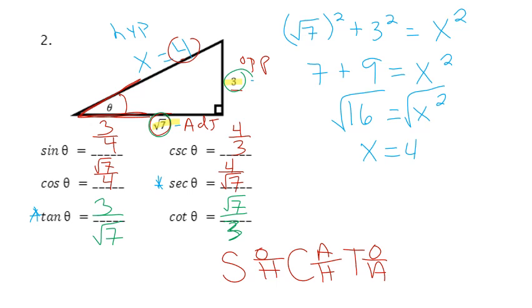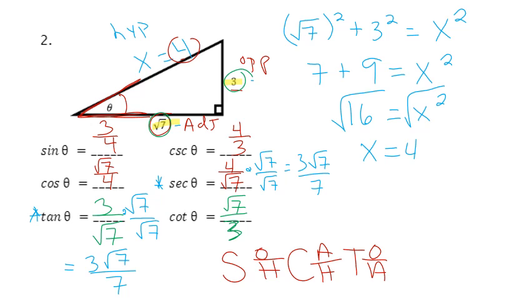So for tangent I can multiply top and bottom by radical 7. So we would get 3 radical 7 over 7. And then secant I have to rationalize also by radical 7. So 3 radical 7 over 7. And those would be your final answers for those two, and then those would be all 6 of your trig